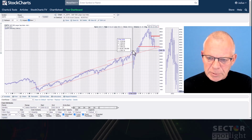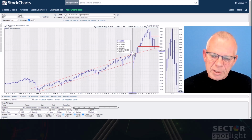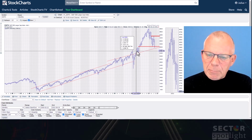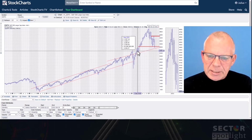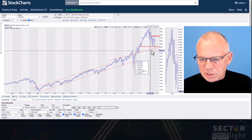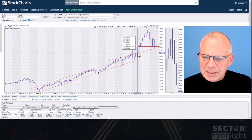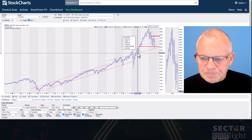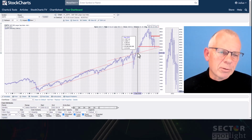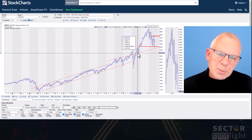And the first one that we see is 3380, let's say 3400. Although that wasn't really respected here in the summer and in Q3 of 2020. So the next level, which is untouched since then, is around 3200. So right now we're trading around 3600, and our initial targets are 3400, maybe 3200, while the upside is really